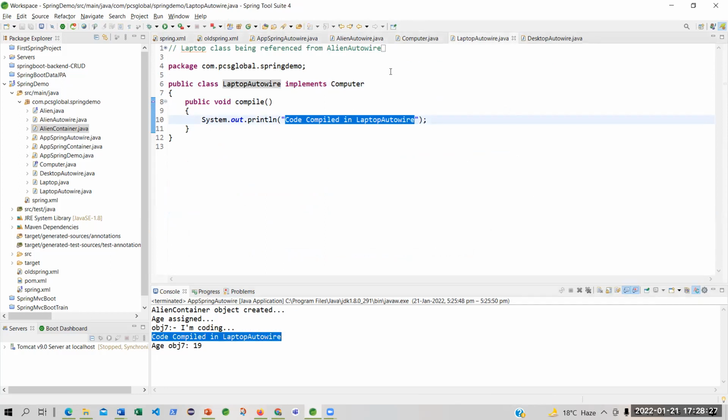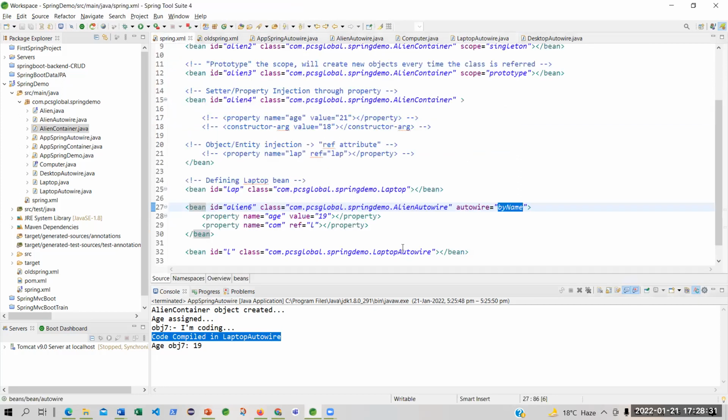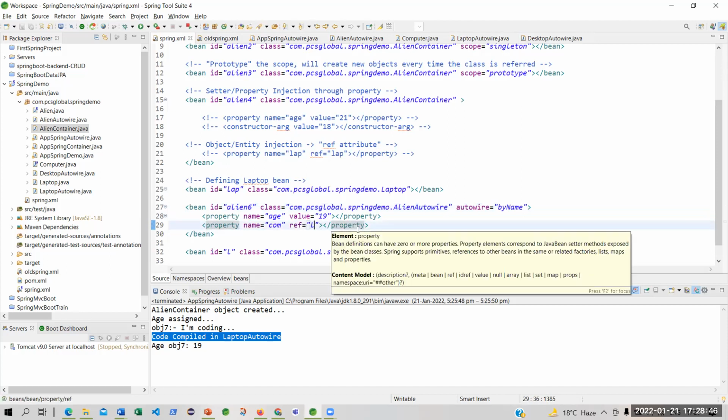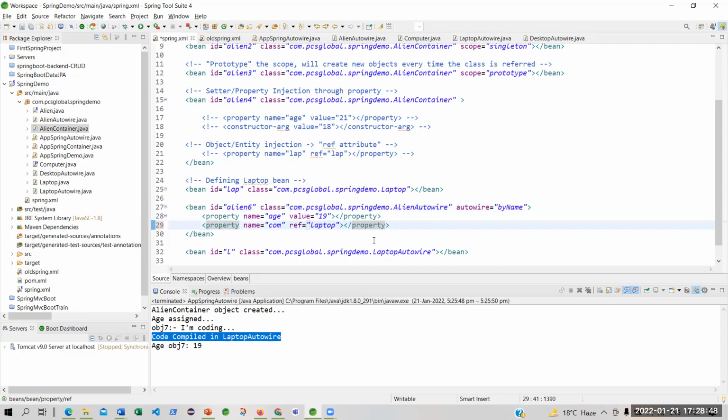Now, very simple. Can I go there and change something such that instead of laptop, I can get desktop? Desktop autoware. Can I copy this? Or better to say laptop, otherwise it is getting confusing. Laptop. And here I mentioned laptop. Okay, understood? Another property I give it,